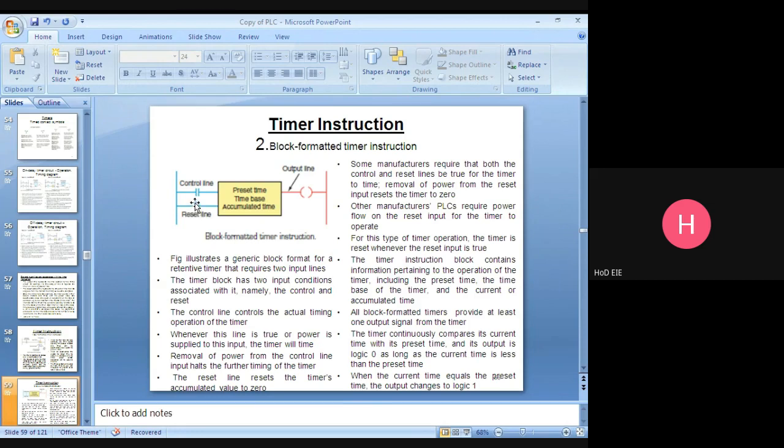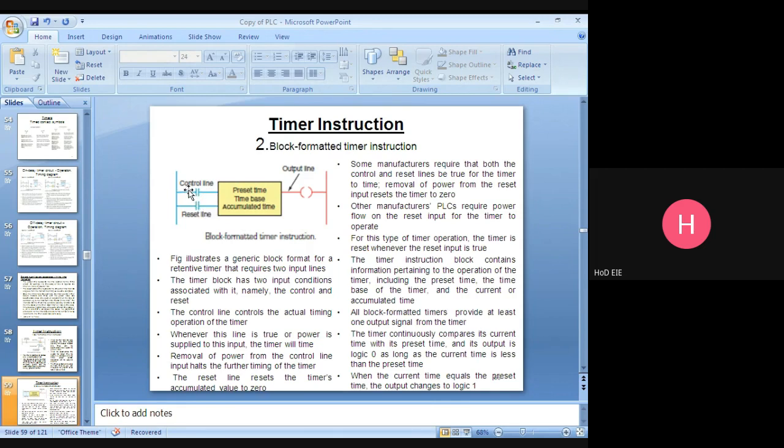This one is the reset line. Suppose the preset value is 10 and the accumulator value is 5. If you press this, that 5 will be reset to 0. Again you can start counting from the first: 1 second, 2 second, 3 second. Understand the control line and reset line?